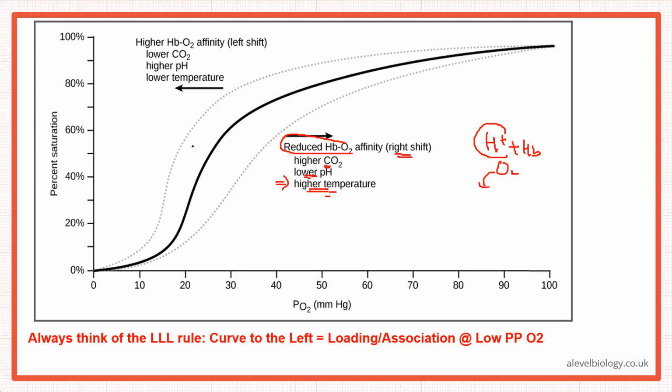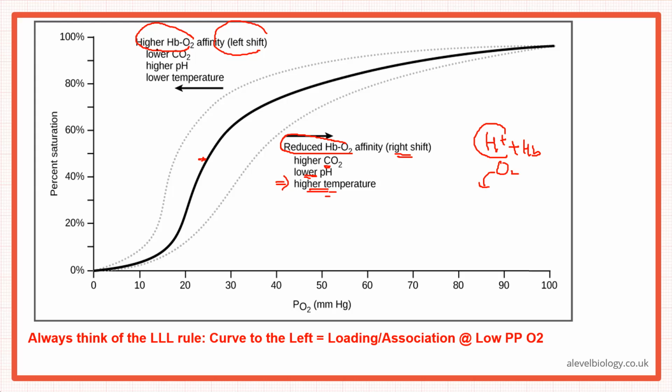But if you look at this curve, this is the standard curve. If it has been shifted towards the left, what do we notice in this case? We notice that there is high oxygen affinity of hemoglobin, because the standard curve is what we are comparing with. Now if it shifts further to the left, it means hemoglobin has a higher affinity for oxygen. So if there is higher oxygen affinity, it means the partial pressure of oxygen is higher, and it will shift towards the left.